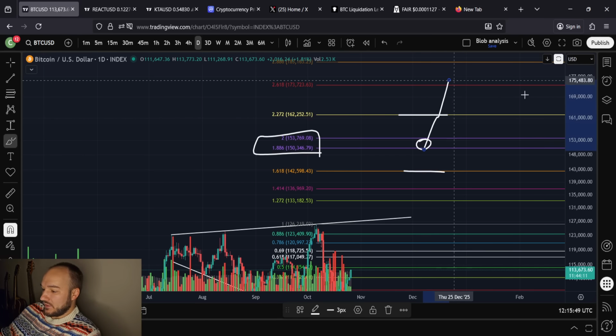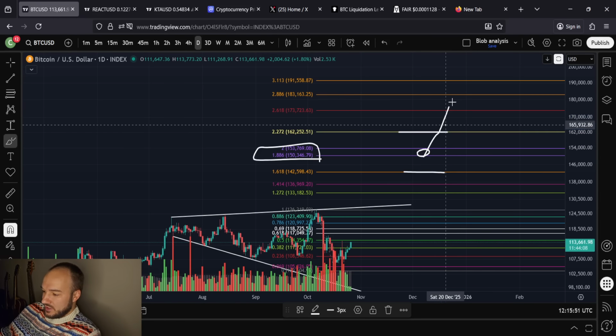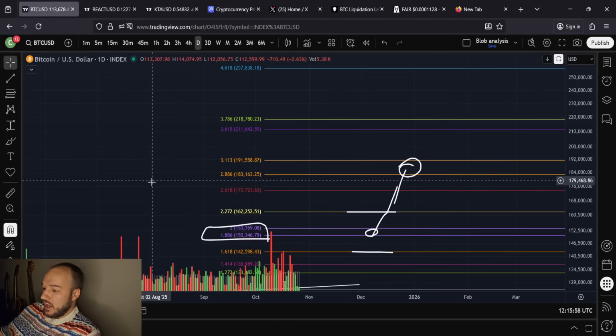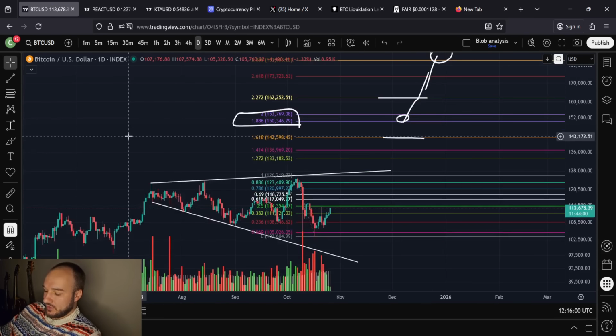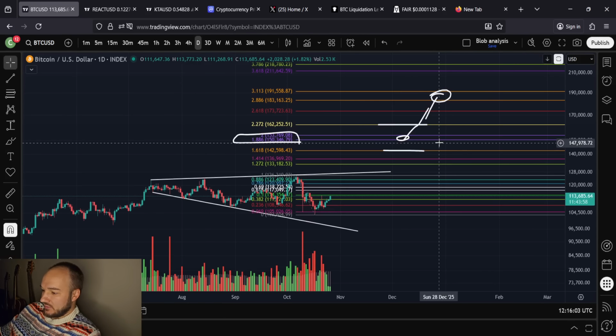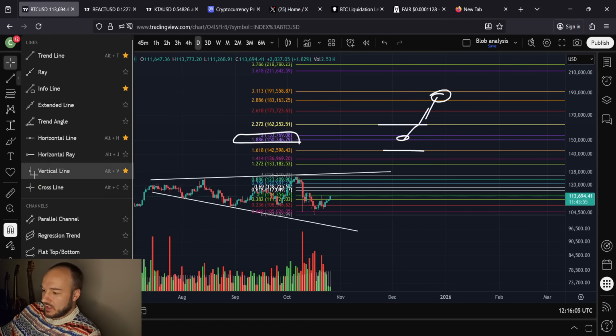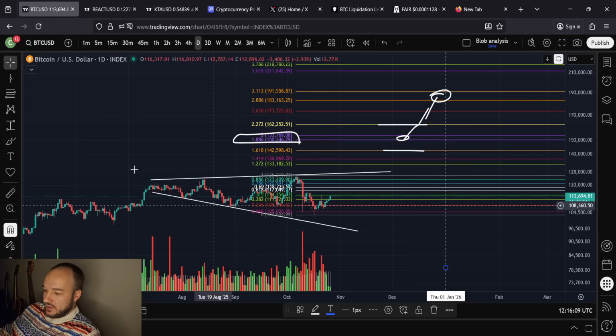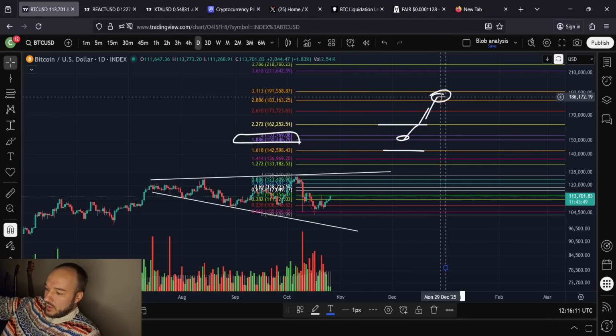Ultimately, I think we are on a path that's going to take us to about $180,000 to $190,000 by the end of the year, but we'll see. And we'll likely push higher going into 2026 as well. So we've got a lot of growth, you guys. Just think of it like this: what we're forecasting is that here's the end of the year, that's January 1st right there. We're talking about being all the way up here by that time.